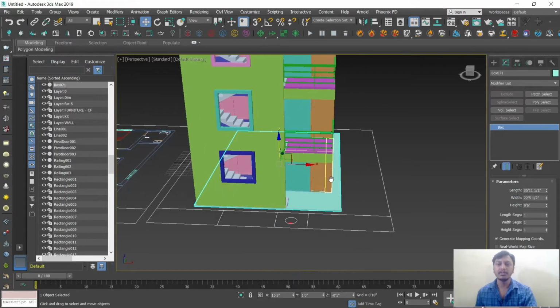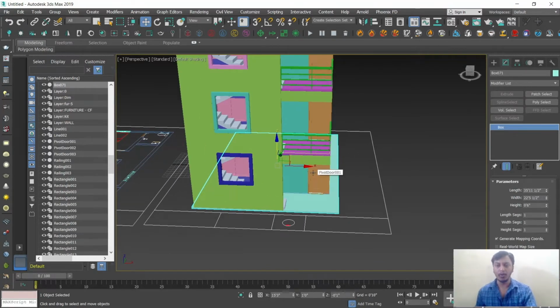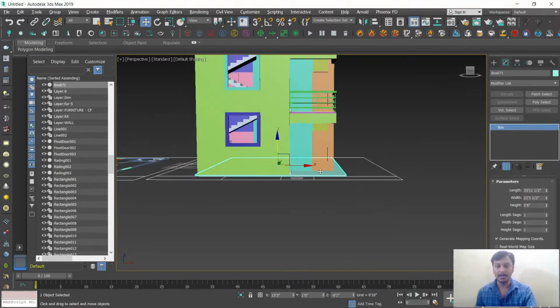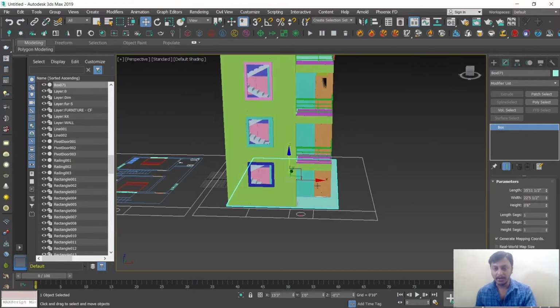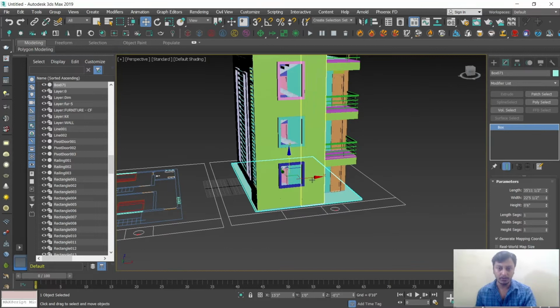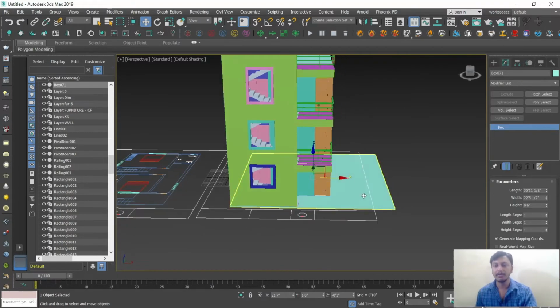So just imagine we have a 5 feet wall like around your building, 5 feet compound. You need to place a compound also. So place how? So right hand side only I need a compound, because left hand side is completely packed up, or any one side I need a compound. So maybe this area. So just what you need to do, according to your design or according to your plan,